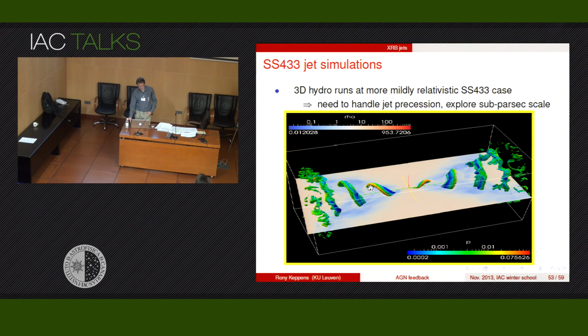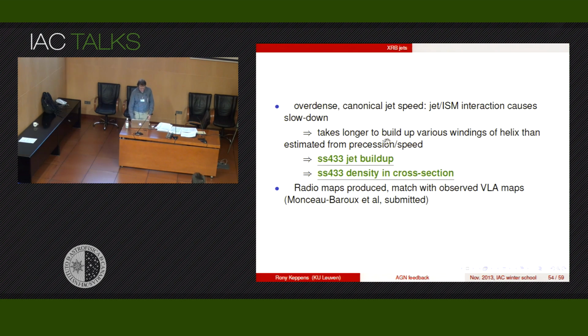One of the things you can note is that the high pressure zones are, of course, where there is interaction with the surrounding medium. So they are located, obviously, on the front side of these helical patterns. You then have rarefaction zones at the back of the jet. You also have in the cross-section the density pattern quantified. And so